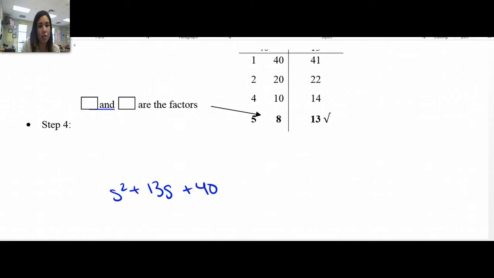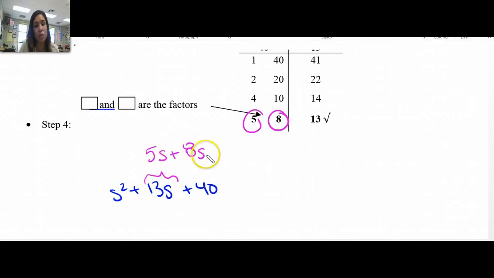So instead of writing 13s, I'm going to rewrite it using my two factors that I found. I'm going to write it as 5s plus 8s, because 5s plus 8s does give me 13. So s squared plus 5s plus 8s plus 40 equals,